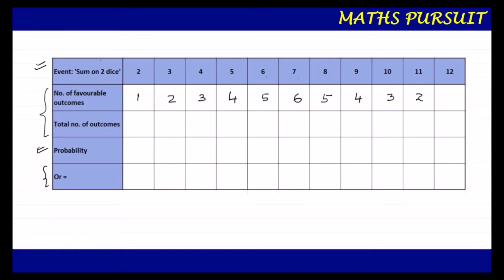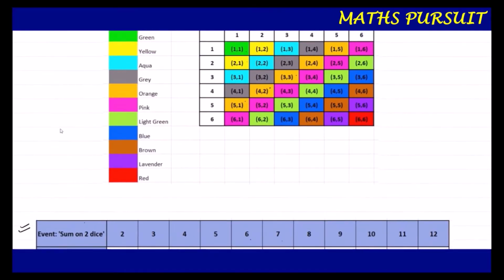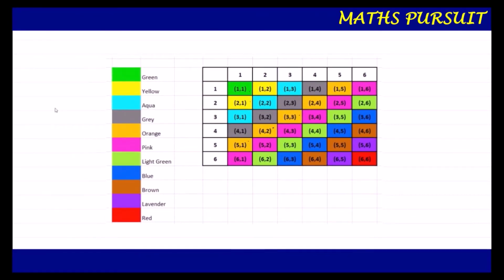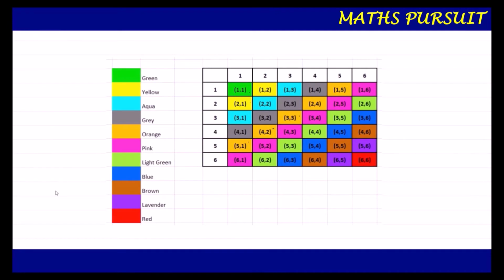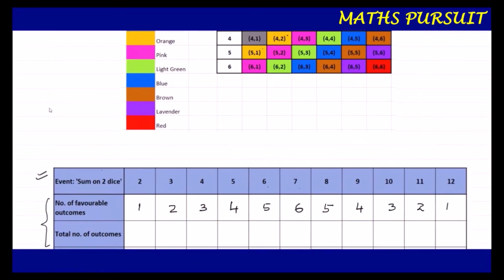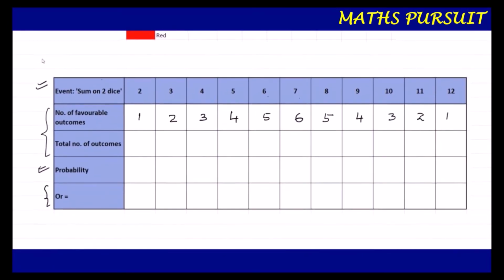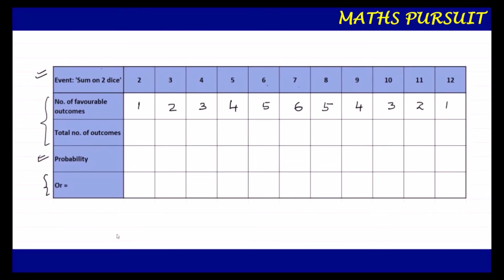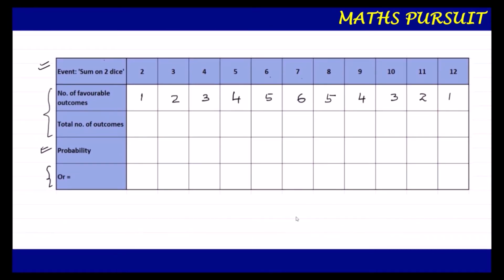This is what we got from the above table. Just look at the above table once, it would be more clear, and how I try to identify it using different colors so that it will be easy for you to understand how we can get the sum of these things. Now, after understanding the things, let us move ahead and solve this table and get the probability being asked in the question. Now we got the number of favorable outcomes for getting the sum of two numbers that is being asked. Either it could be 2, 3, 4, 5, 6 till 12.